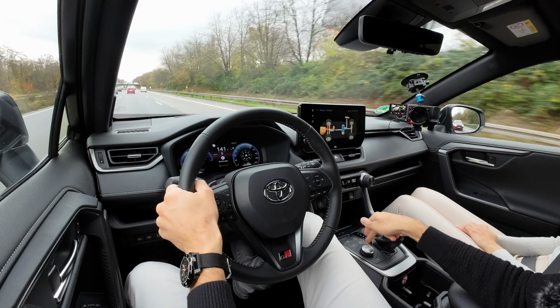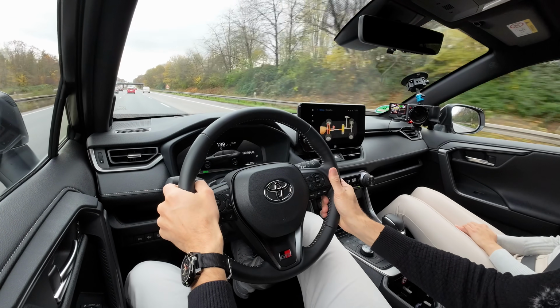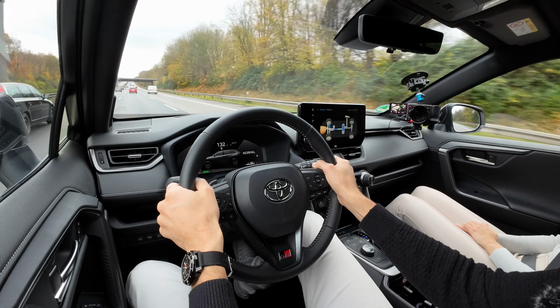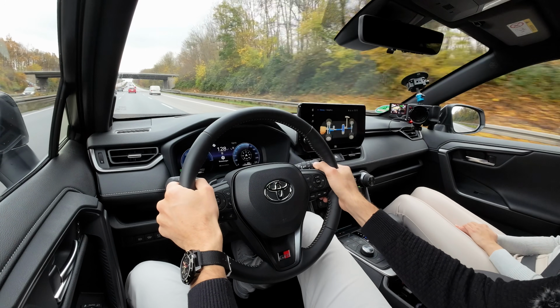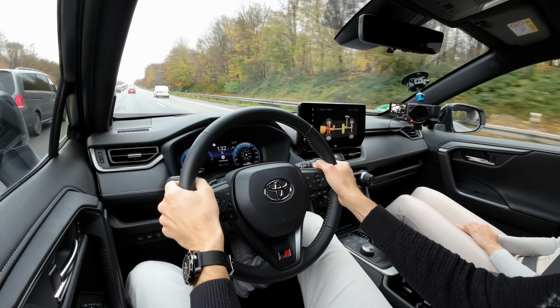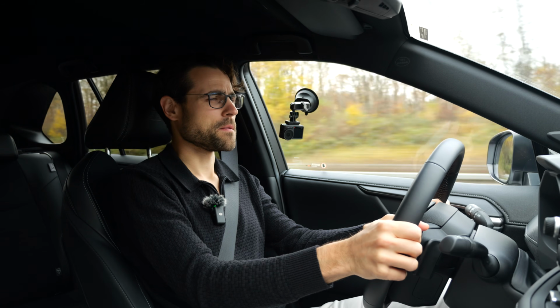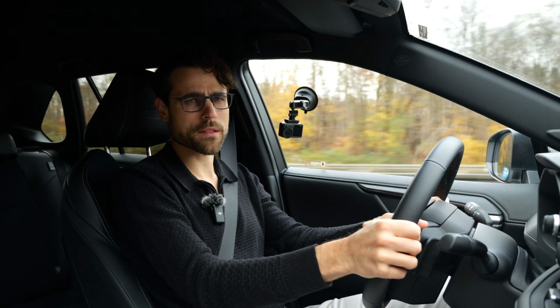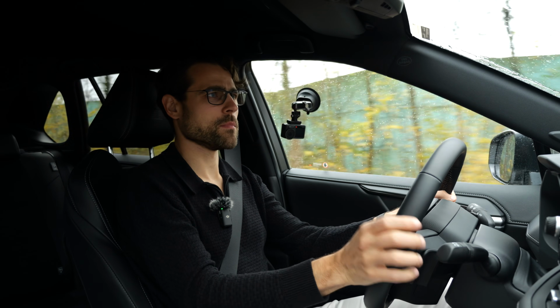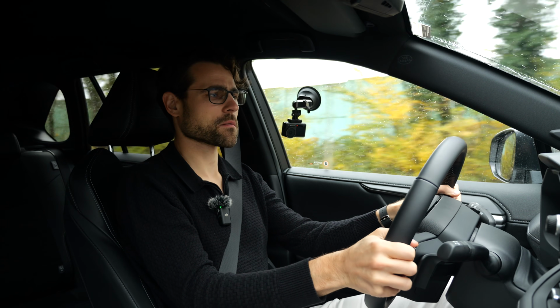By the way, if we switch back to normal, we just push it here, and then again lifting my foot off the throttle. It's also a different visualization. Here in this case, the EV mode is not on, a little bit too quick. So it always depends. The electric moments you rather use in the city actually. So for example here, lift my foot off the throttle, EV mode when I'm at lower speeds or in city